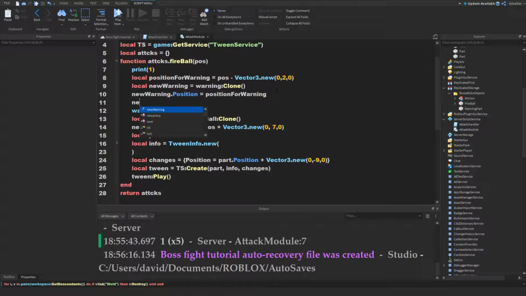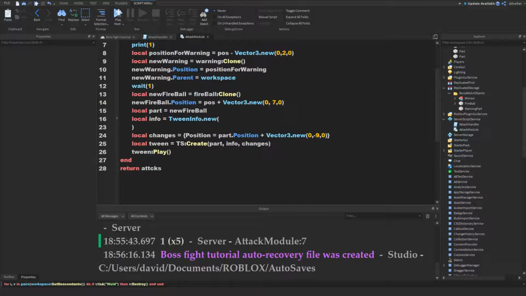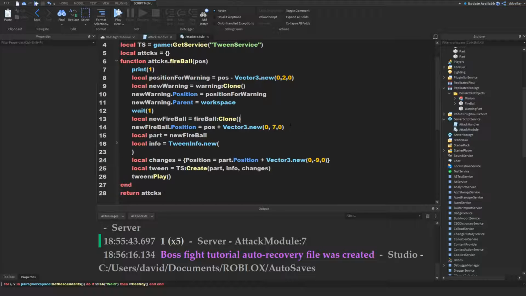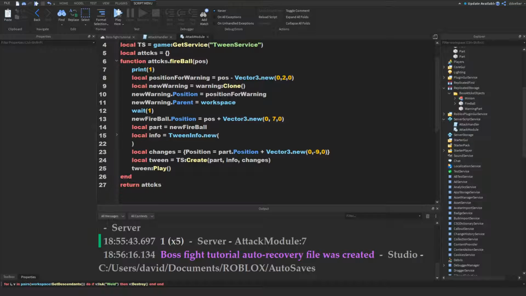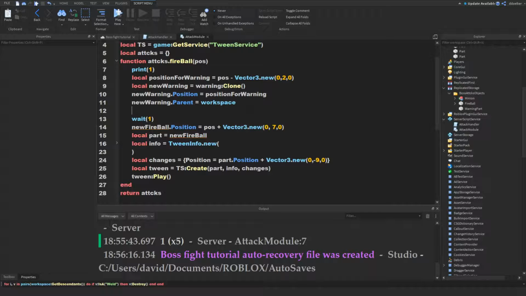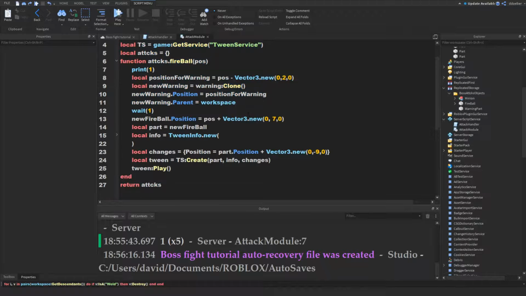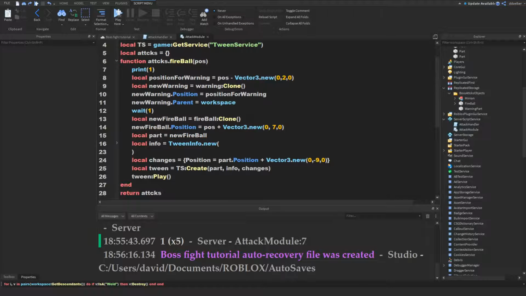Two things. We have to make the new warning part parented into the workspace, and we have to do the same thing for our fireball. And do this after you've already set the info to it. Oh no, I'm just trying to copy. Actually, I'm just trying to cut this line because what did I do? Let's just control that. Oh, yeah. Okay, after this we are